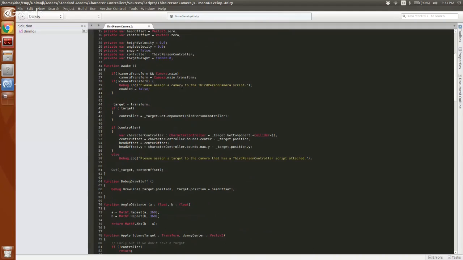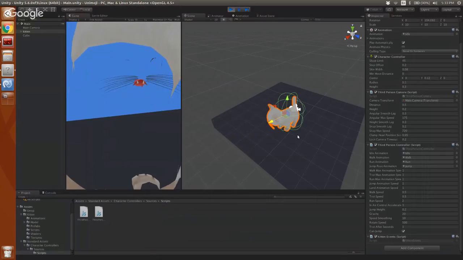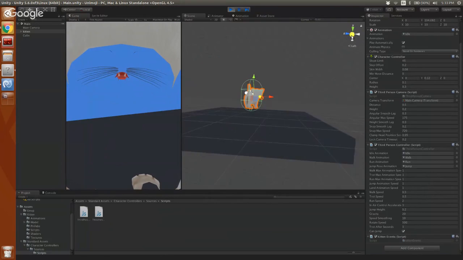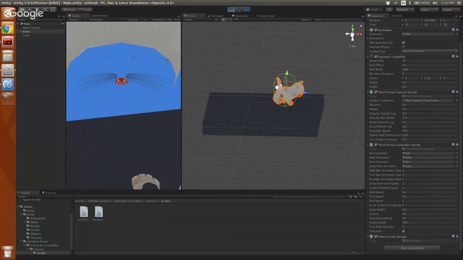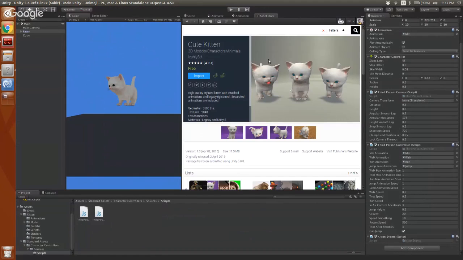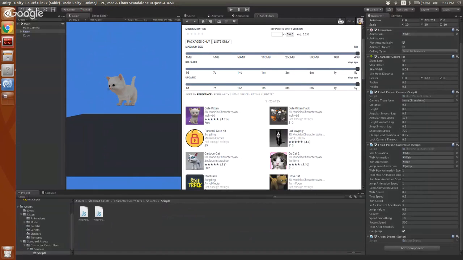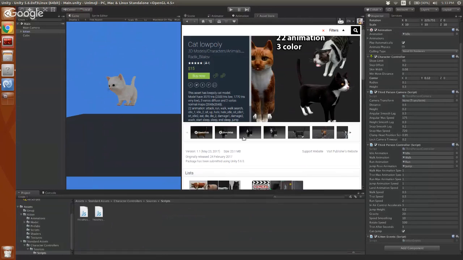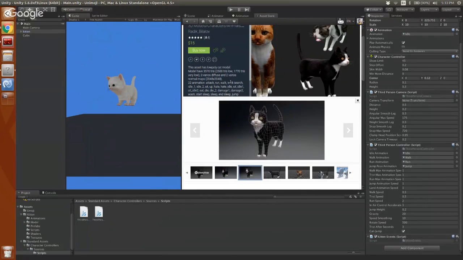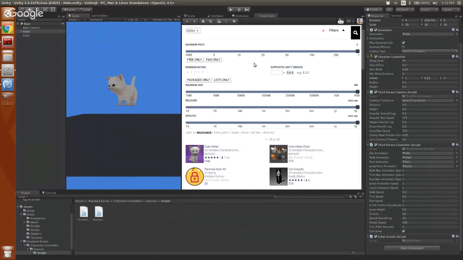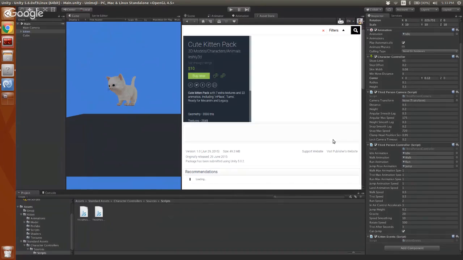And another thing: if you download, say, a kitten that just seems kind of weird and doesn't work the way you want it to, you could probably go back and find a lot more kittens. It's like with content management systems, plugins and templates. If there's one that's got that JavaScript and it's just weird, especially if you're not real familiar with JavaScript, you could probably go back and find a different one. You can see these much more realistic cats in here if you want to find other cats. There's no shortage of cats. So you have tons of options, and this is a cute kitten pack for $10. Maybe we should buy it.